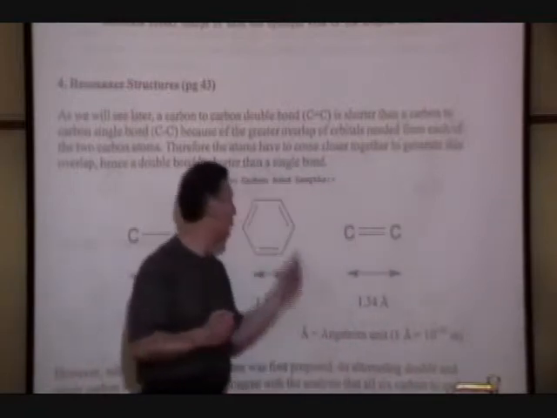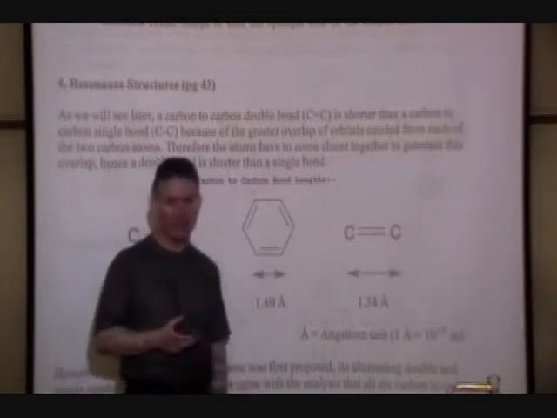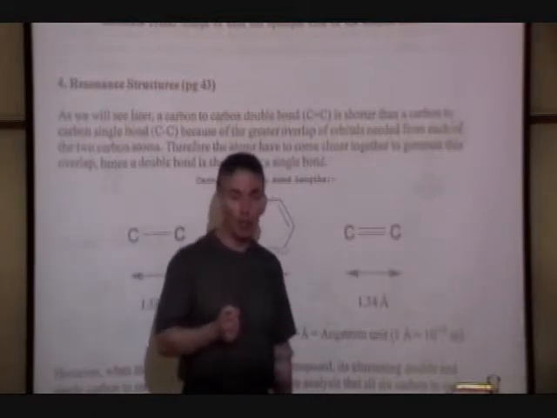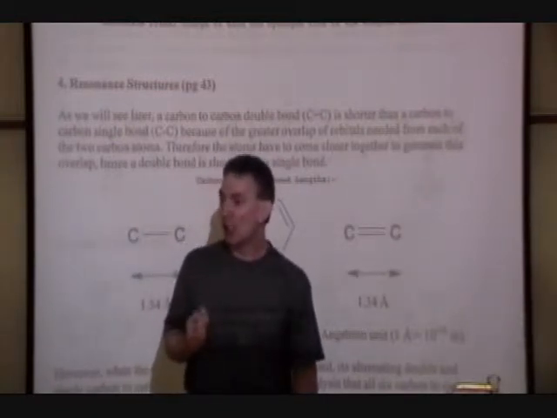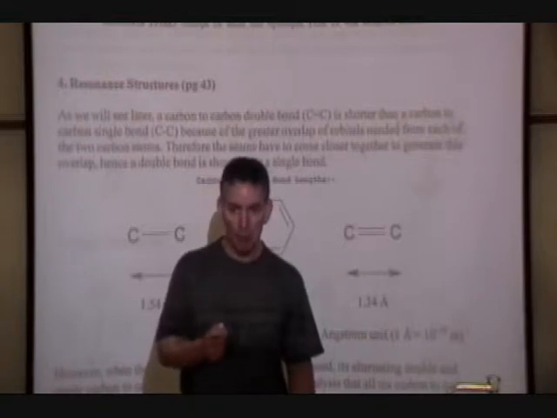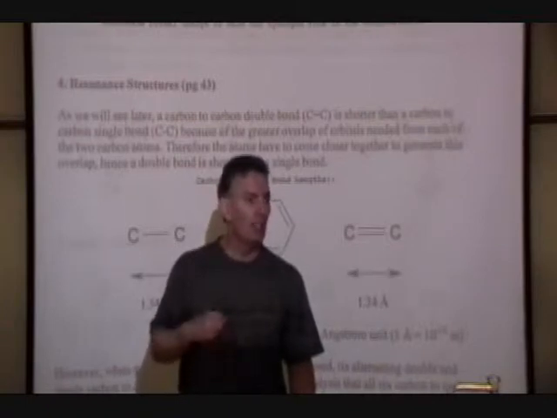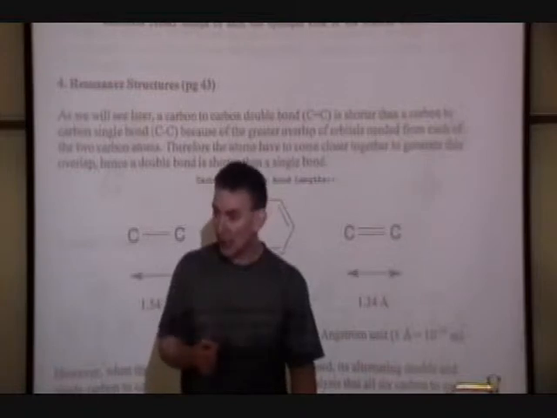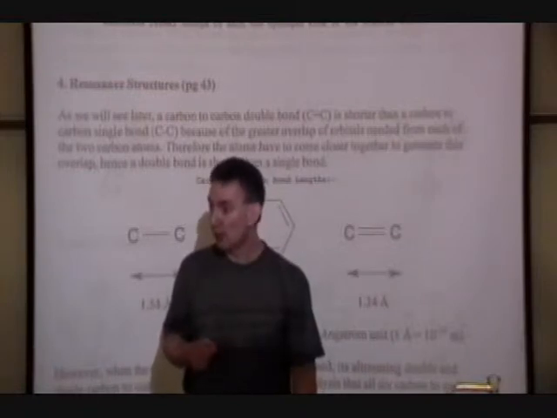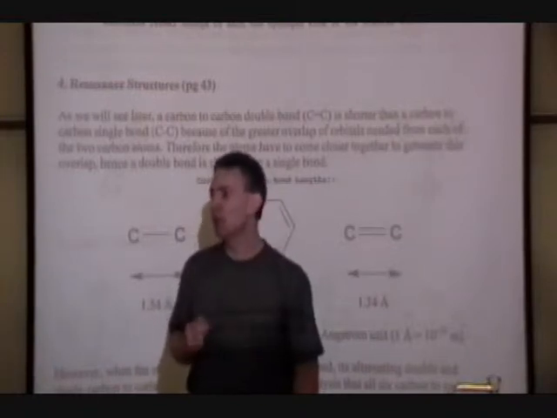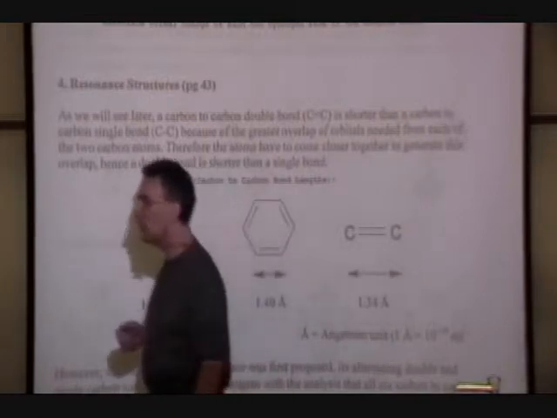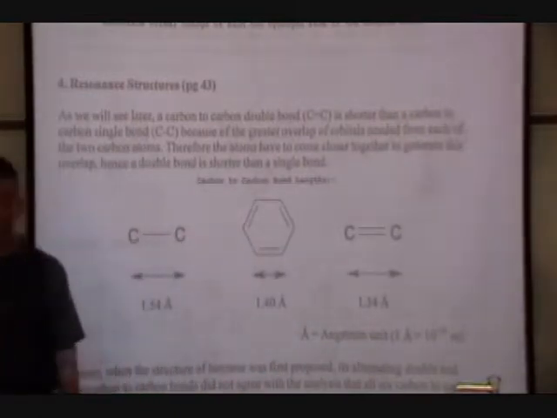So if we really have alternating double and single bonds, how is it that we're getting a molecule with all of those chemical bonds being exactly equal? There should be an alternation between double and single bond length. This isn't happening for benzene. So we start to see some of the limitations in using these Lewis structures. And it didn't really become clear until Pauling pointed out his idea of resonance.